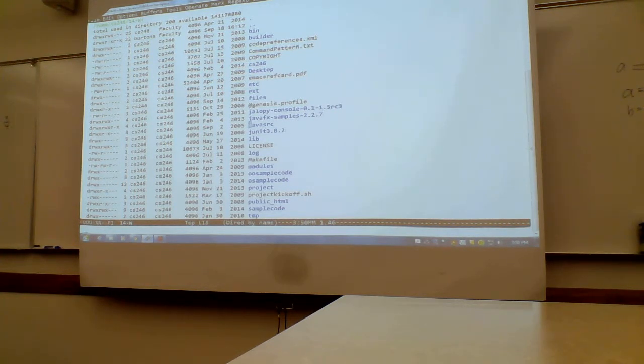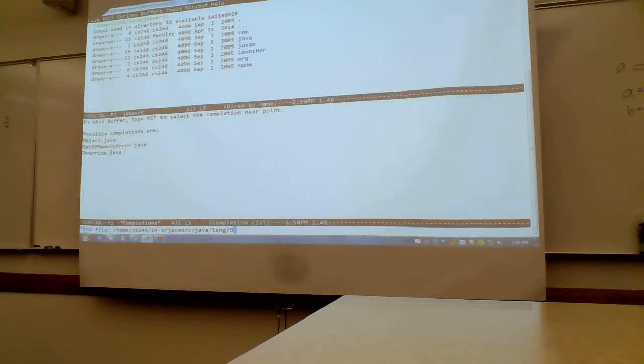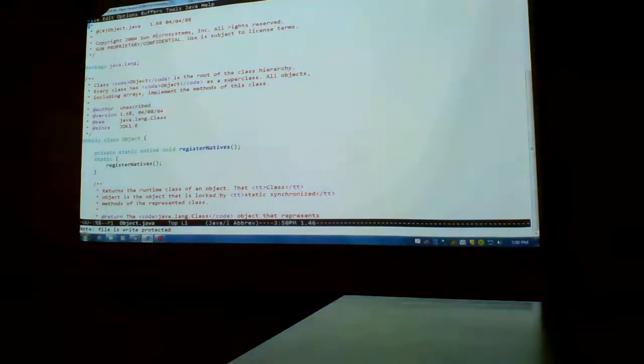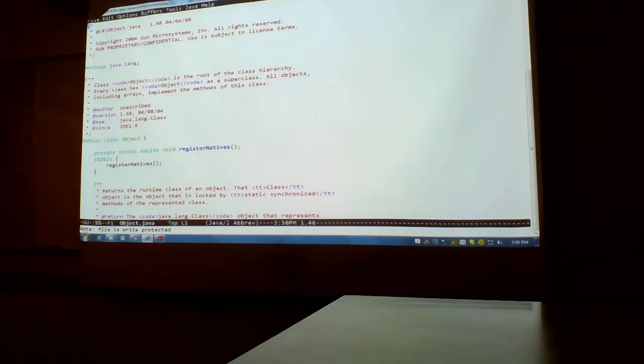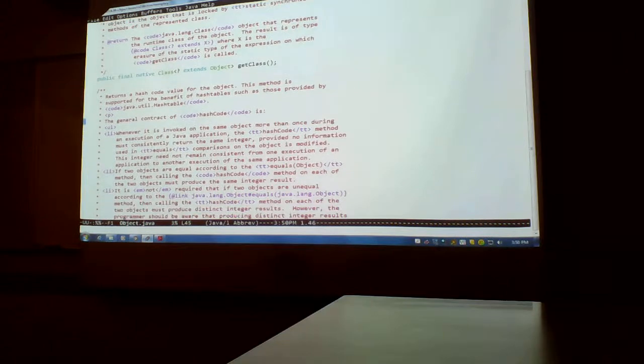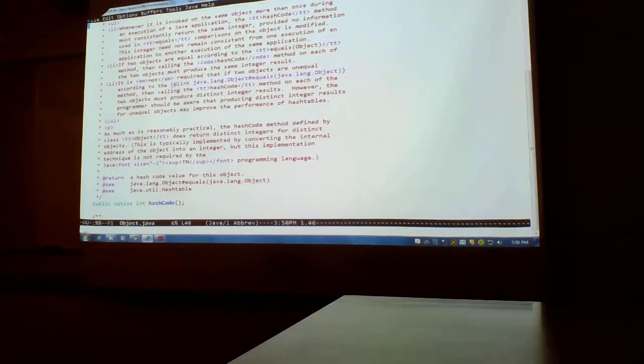There it is, Java source. We can find this online too, I'm sure. But let's just go to java.lang.Object, for example. In implementing a subclass of Object, there's two things that you're asked to do, and that one is to override the hashCode function.